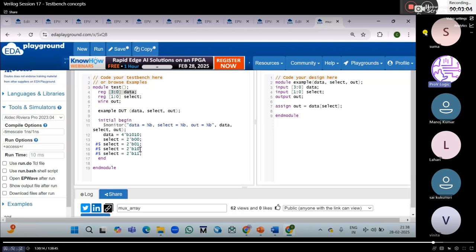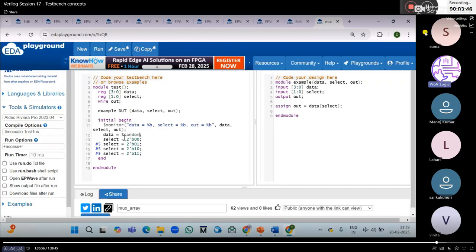But without assigning these hard coded values, we can directly use the $random. That means it just randomizes and allocates the random values. Those random values will differ from simulator to simulator. One simulator will generate some random value, other simulators will generate some other values. But $random means without assigning the manual, hard coded values, the simulator will automatically do the randomization. Okay, see here, suppose data is there, data equal to, I am assigning $random